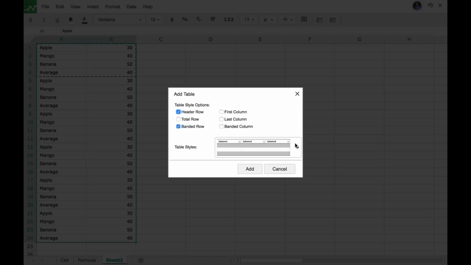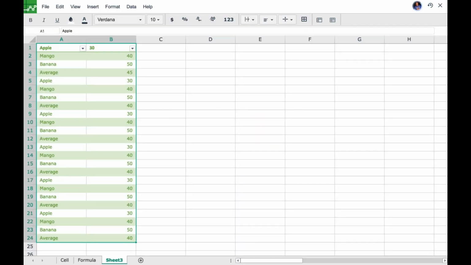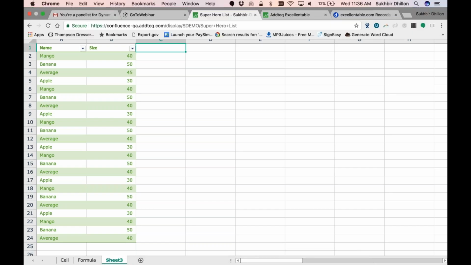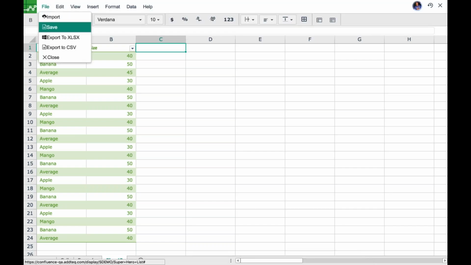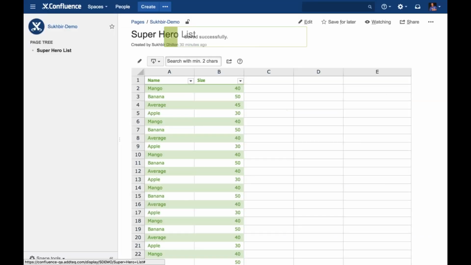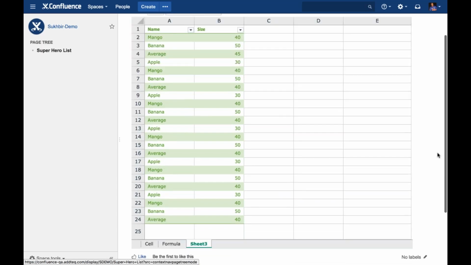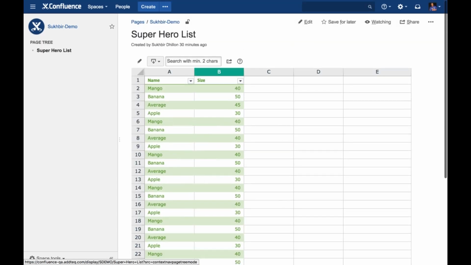I can insert a table. So this is a Confluence page where I added more data than what I had before, and the filter automatically